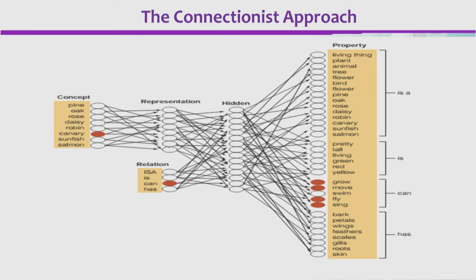We'll take the example of just one concept, this red oval, canary, which is a bird. Its representation in the brain is actually here, and it could have a relation with any of the other properties. The concept canary is can, has. So now we are using the can representation here. So canary can, or any of these, for example, daisy can, or robin can,